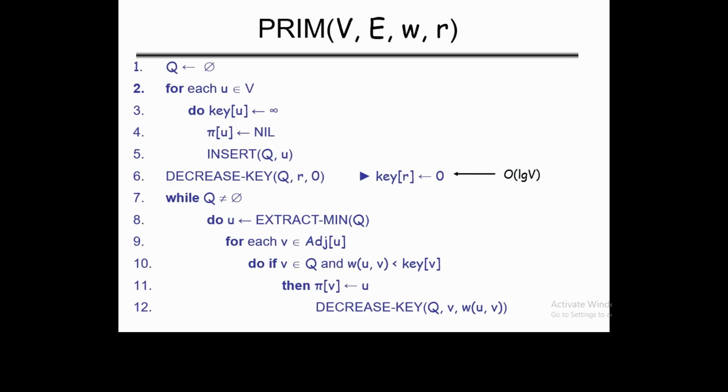So this will be the algorithm. तो हमने क्या किया था इसमें? Initially the priority queue is initialized with null value. And after that, we have initialized the priority queue, means for each vertex, key of every vertex is initialized to infinity and parent of every vertex is initialized to nil. तो ये सबसे पहले किया हमने, सारे नोड्स की key को infinity कर दिया और सारे नोड्स के पेरेंट्स की वैल्यू को nil कर दिया और हमने सारे नोड्स को क्यू के अंदर इंसर्ट कर दिया. Now after this iteration, the queue will have all the vertices with the key value infinity and the parent value null. Okay, so this is the step.